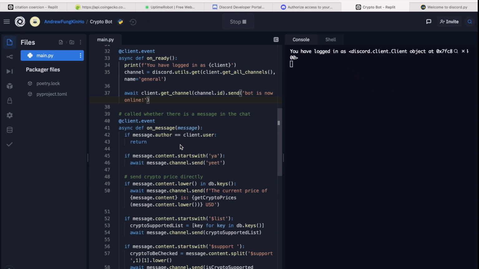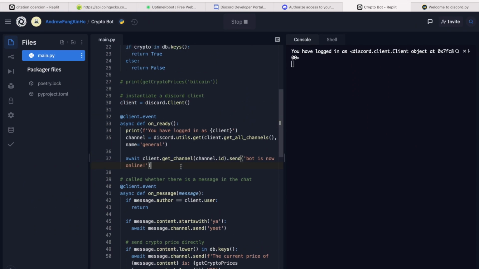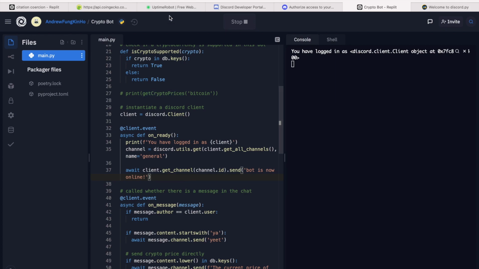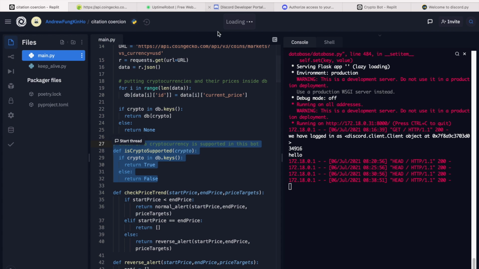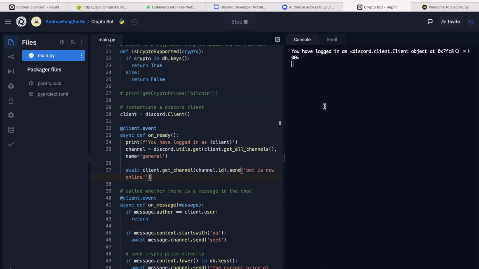So that's pretty much it for this tutorial. In the next tutorial, I'll be showing you how you can set different price targets for one cryptocurrency and send you notifications whenever the price has passed or fallen below the price targets that you have set. And also I will be using UptimeRobot, which will host this server 24/7, and the CryptoBot will be running 24/7, so you won't be missing any notifications or